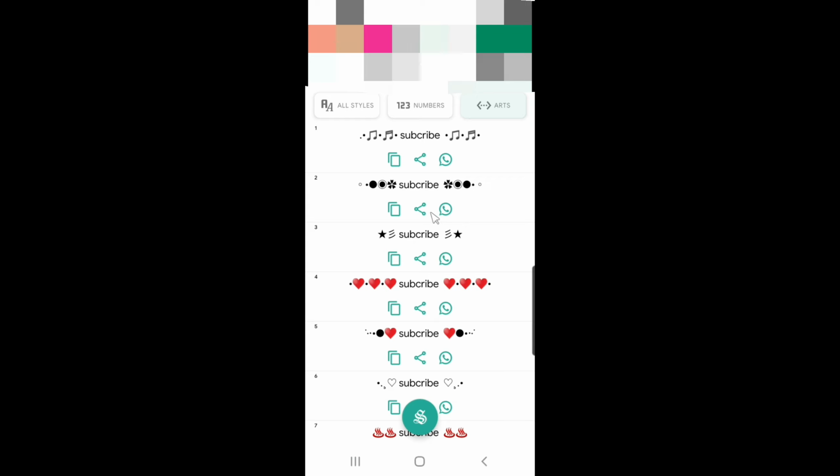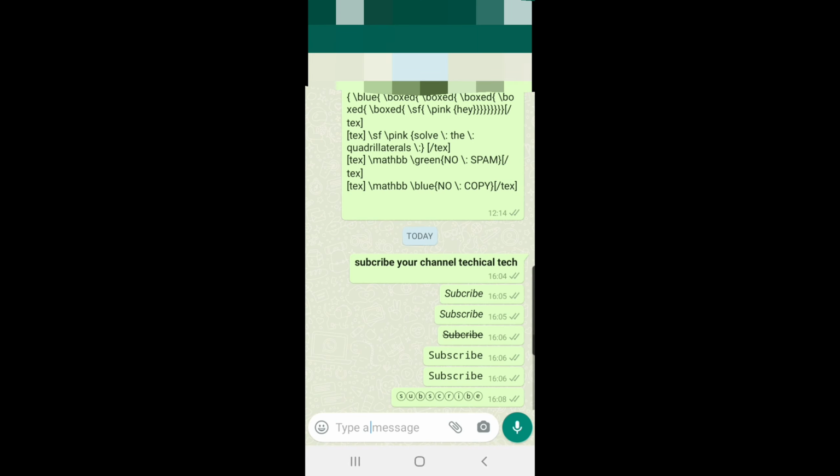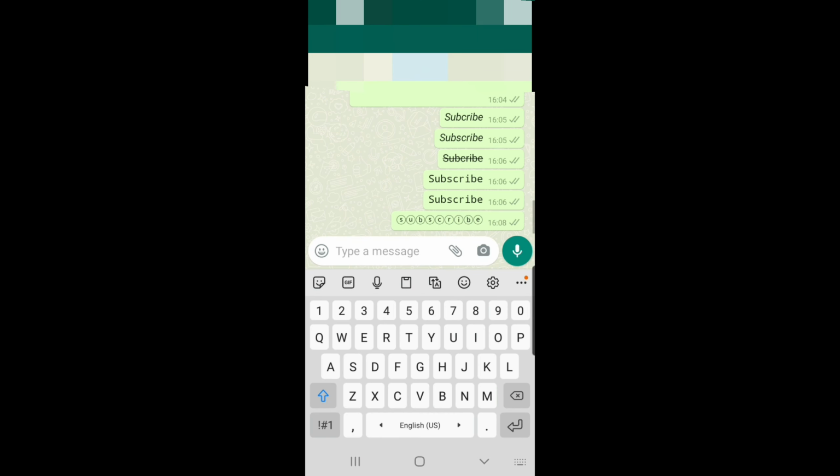Now the simple way is that we open WhatsApp, and open the chat of the person you want to message. We type something here, then select it and click on three dots.